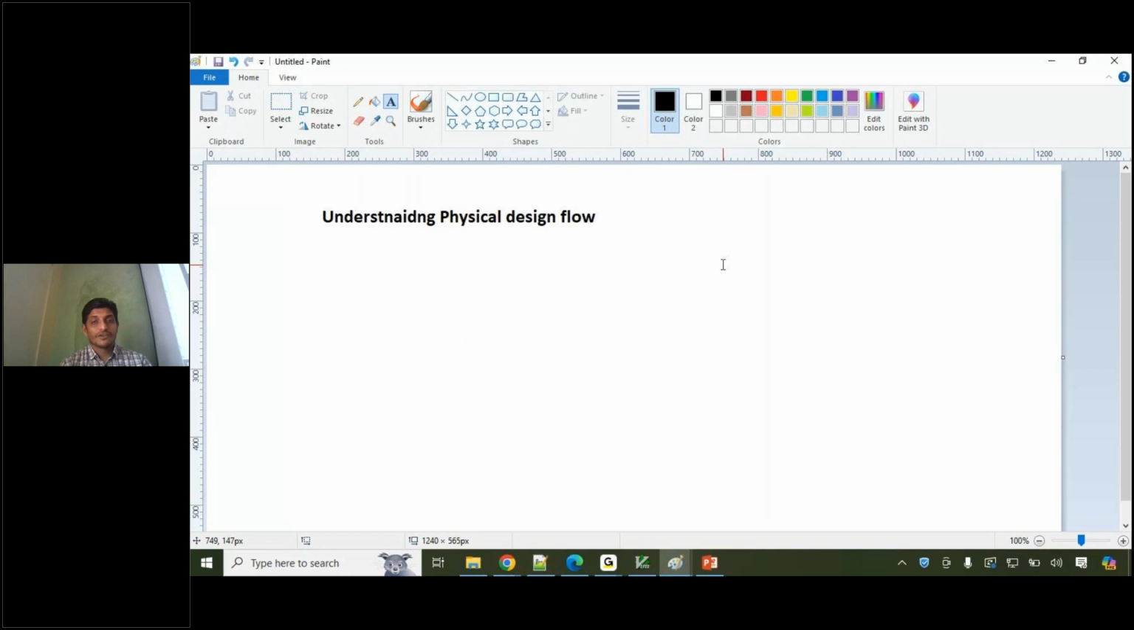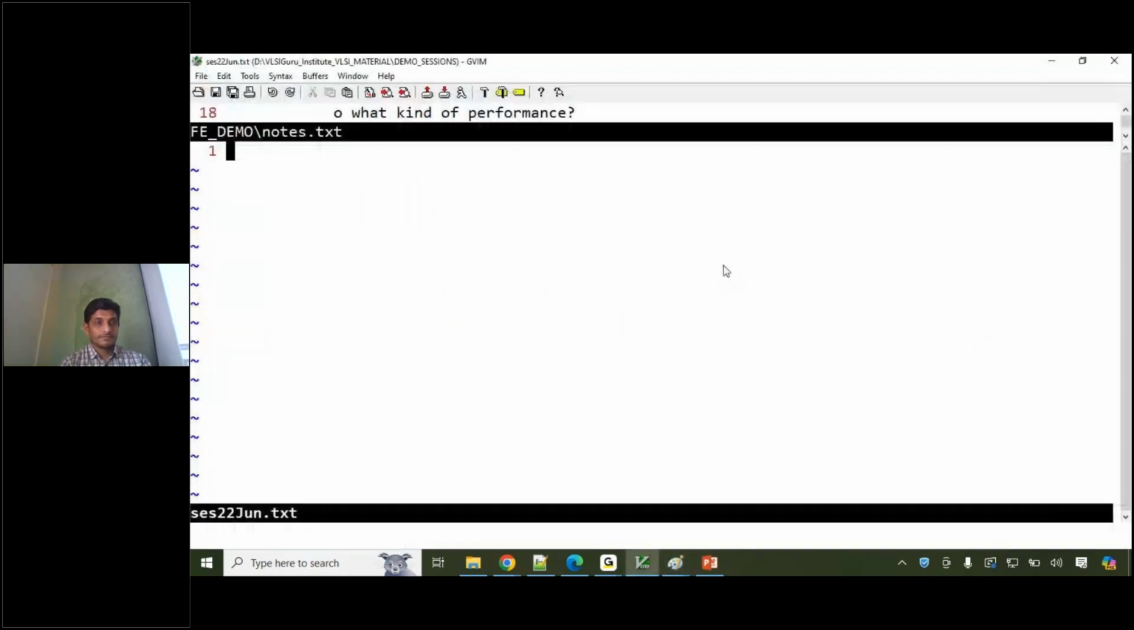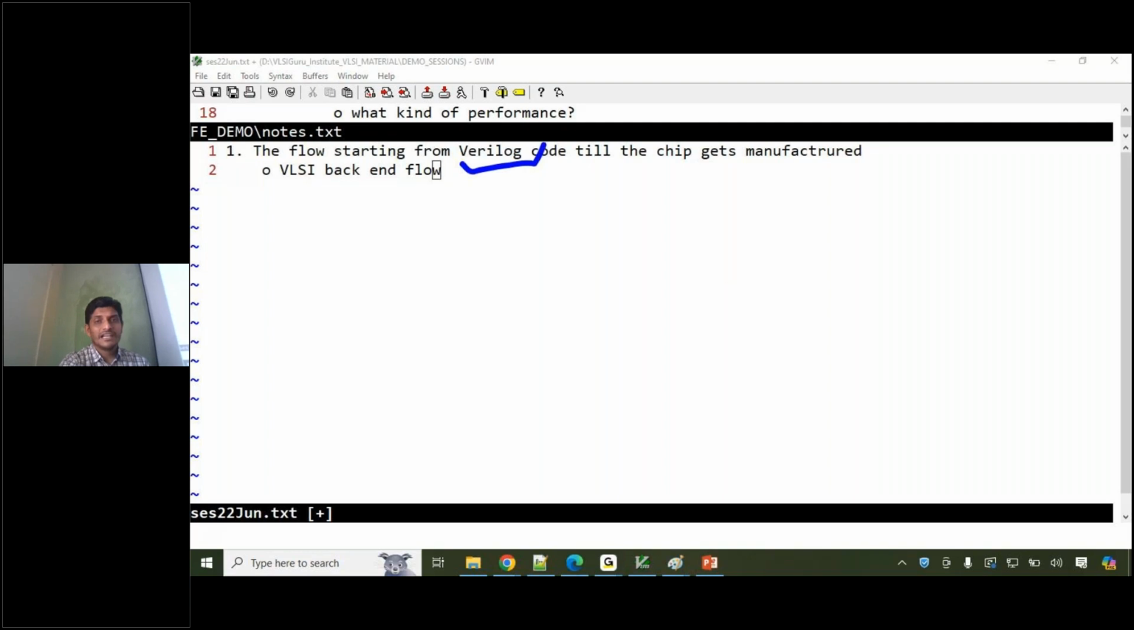The flow starting from the Verilog code till the chip gets manufactured, this entire flow is called as VLSI backend. Let me again repeat. The flow starting from the Verilog code till the chip gets manufactured, that entire set of steps is called as VLSI backend. It starts with the important step called as